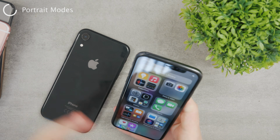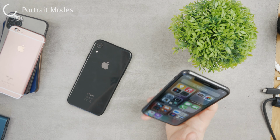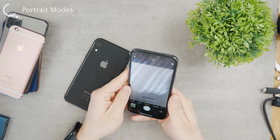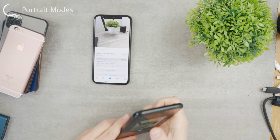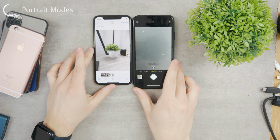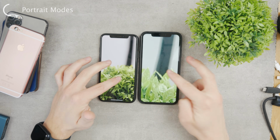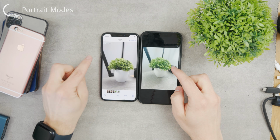So I'm not going to go out and show you any photos, but right here in the studio, let me just zoom out a bit so you can see this is the object which I'm going to take a portrait shot of. And the point I'm trying to make is that although the object can be used for the portrait shot, because of course you can snap a picture of these objects and the photos are kind of nice, the background is still blurry and stuff, but it doesn't actually use the portrait shot,